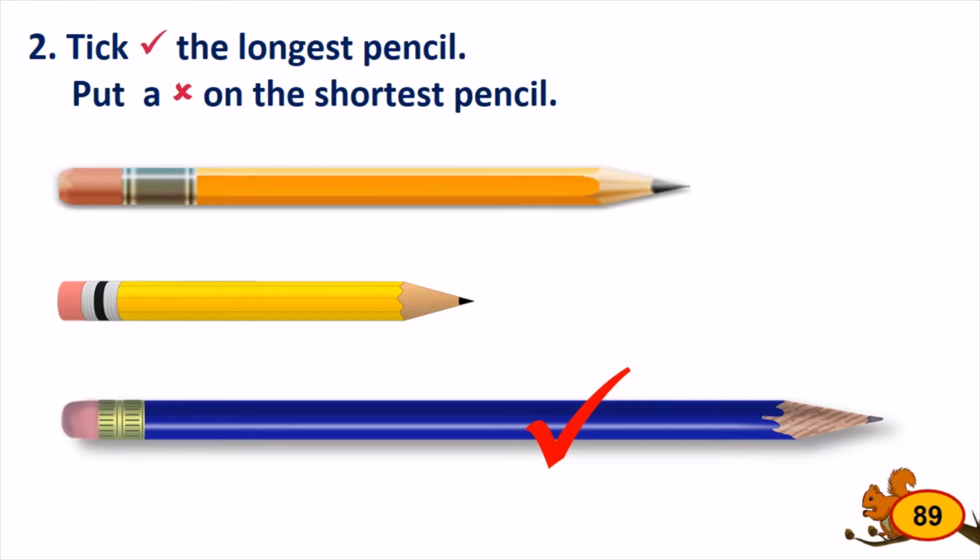Now which yellow color pencil is short? The above one or the below one? Yes. So the below pencil which is in light yellow color is shortest. So you will put a cross like this on the yellow pencil. I hope you understood everyone. Now turn your page to page number